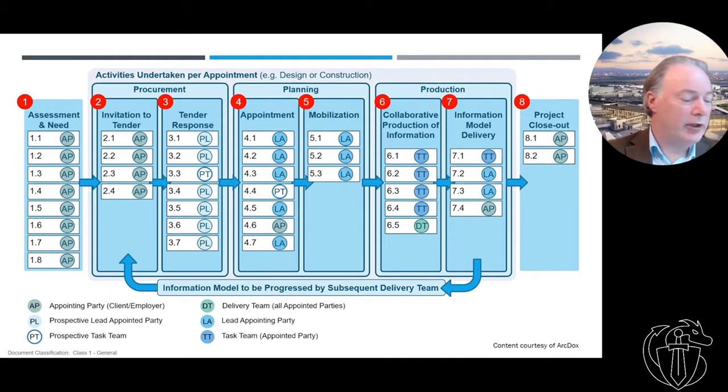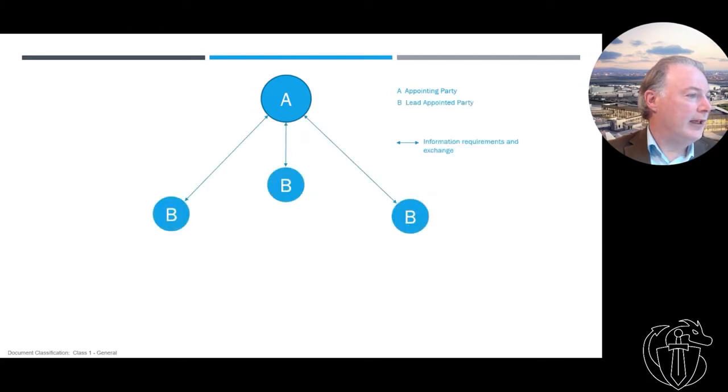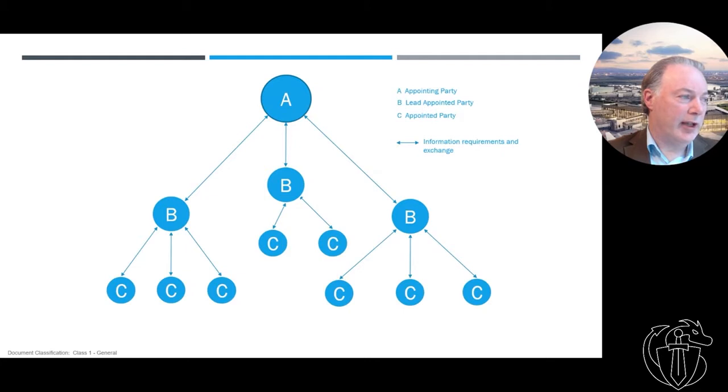The appointing party concept is the actual organization who's appointing an architect or appointing a contractor. That's what the appointing party is. These are terms you're going to have to get used to. There's three main ones: appointing party, lead appointed party, and appointed party. Appointing party is top of the heap. The lead appointed parties then have a contractual obligation to the appointing party. And then you've got appointed parties below that. They're appointed by the lead appointed party, or maybe working as a joint venture in conjunction with them. All that is considered the project team.